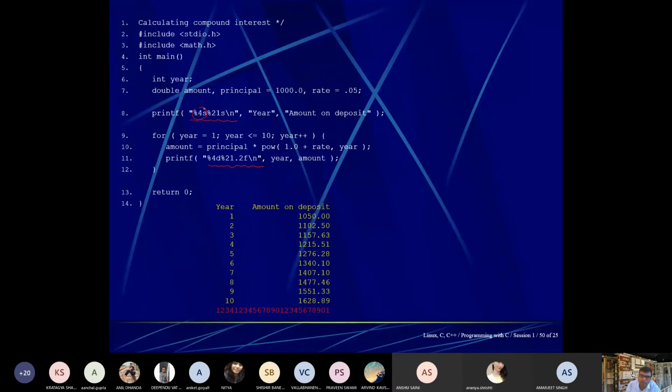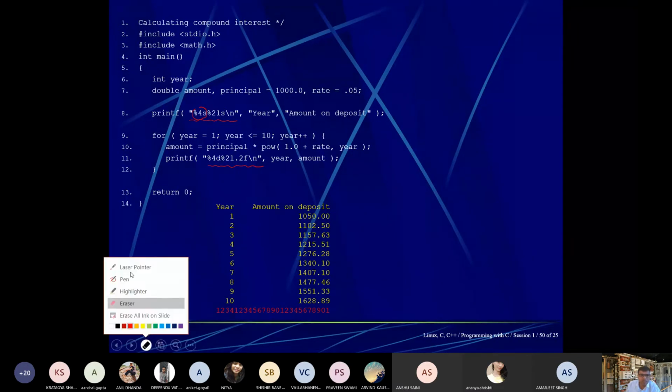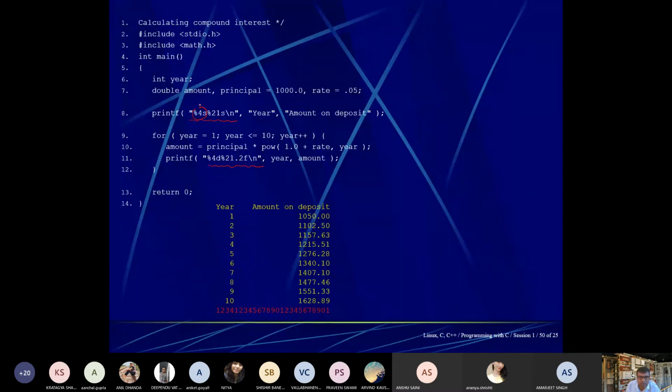%4s will fetch one string. Which string is there? There are two strings. So it will be separated and taken from here. This %4s will be replaced by this, and this %21s will be replaced by this.